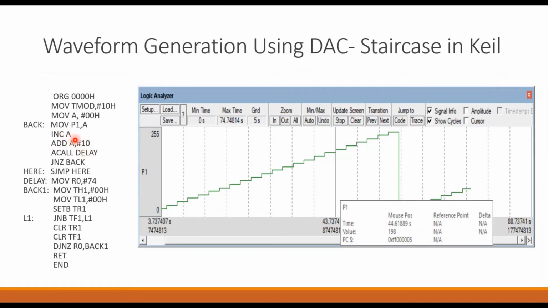If you increment it by only one, then you would not see that height. Clear? Okay, so if you want to increase that height, go on increasing this increment proportion.